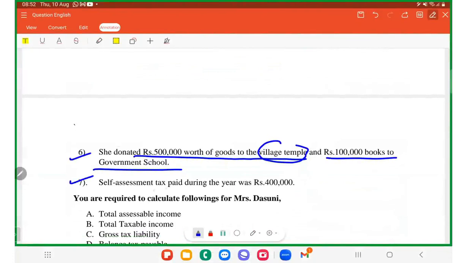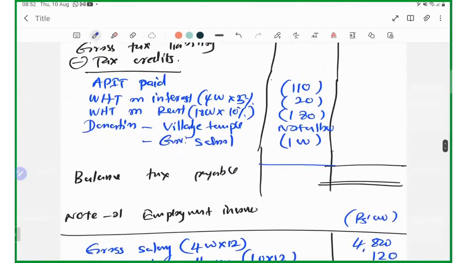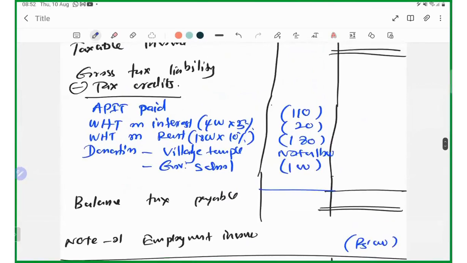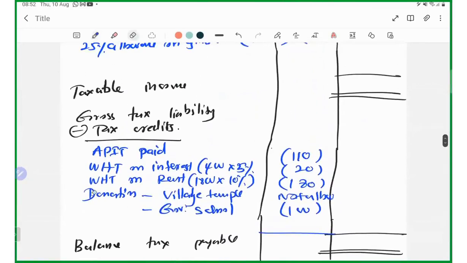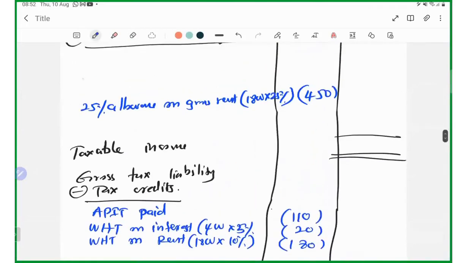There is a self-assessment payment, that is 400,000. That means installment payment. That installment payment should be taken as what? So I had a mistake when I wrote down the donations here, right? The donation should be recorded not under the tax credits. I had a mistake right here. So the donation